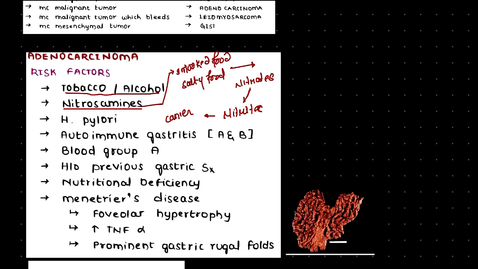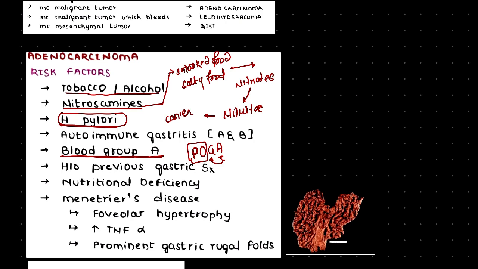Now talking about the most important one, that is H. pylori. It is so important that it is called a type 1 carcinogen for adenocarcinoma. It is the most common cause. Now moving further, there is blood group A. People with blood group A are more prone to suffer from adenocarcinoma. Let us remember it with a mnemonic, POGA, where A is blood group A, more prone to gastric cancer, that is adenocarcinoma. Similarly, blood group O is more prone to